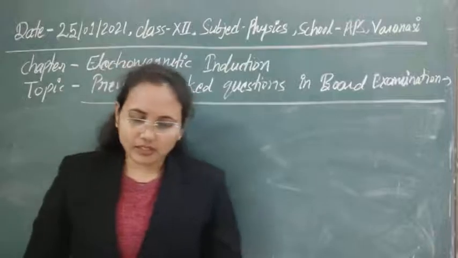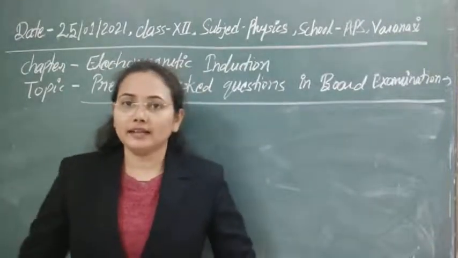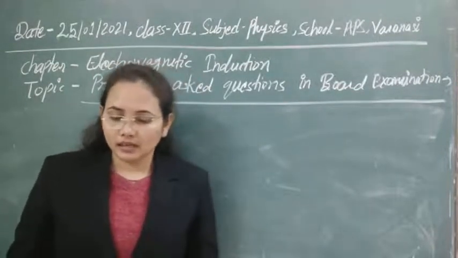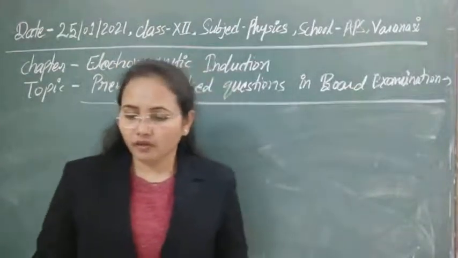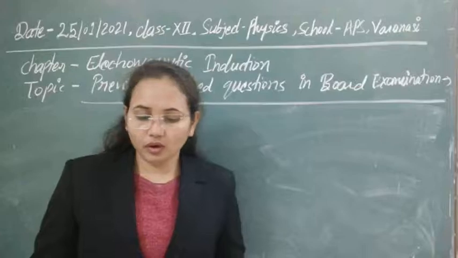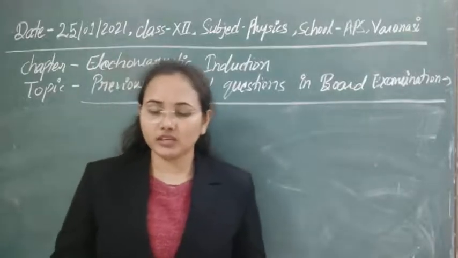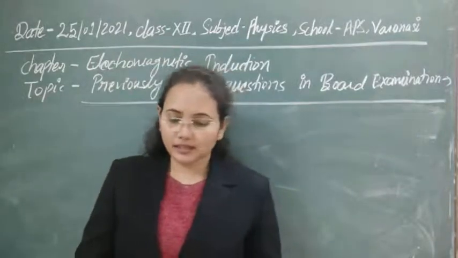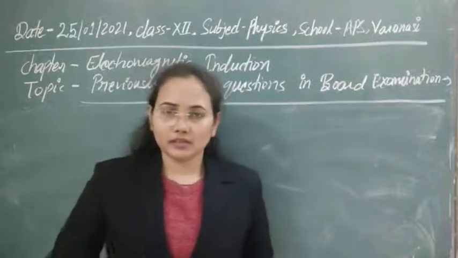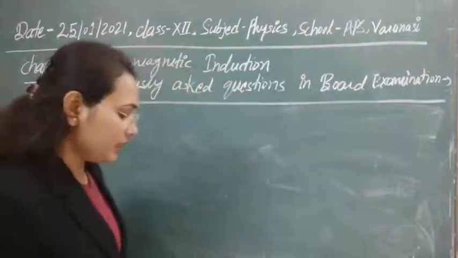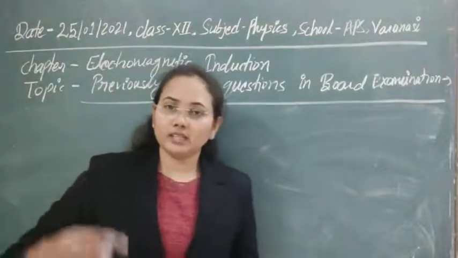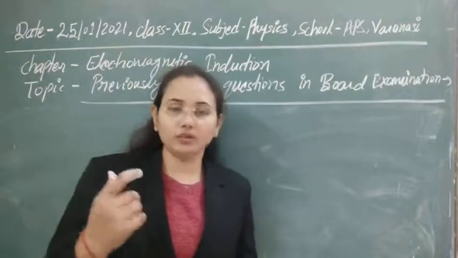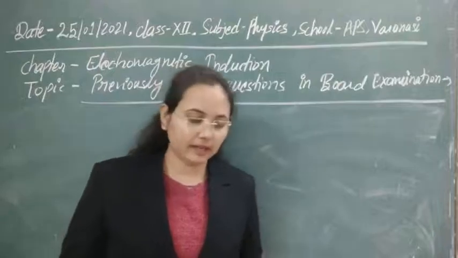So our next question is related to self inductance. It is given that a solenoid of 500 turns on an iron core of relative permeability 800. So first of all, let's write the things. After that we will discuss. I will read the whole question. Here it is given that we have a solenoid that has 500 turns and that is wound on an iron core that has relative permeability 800.